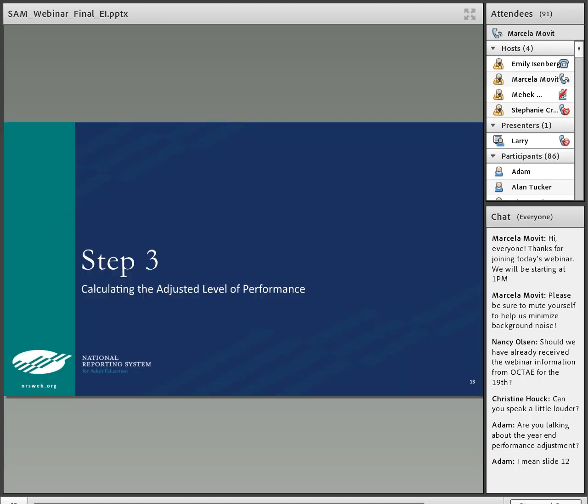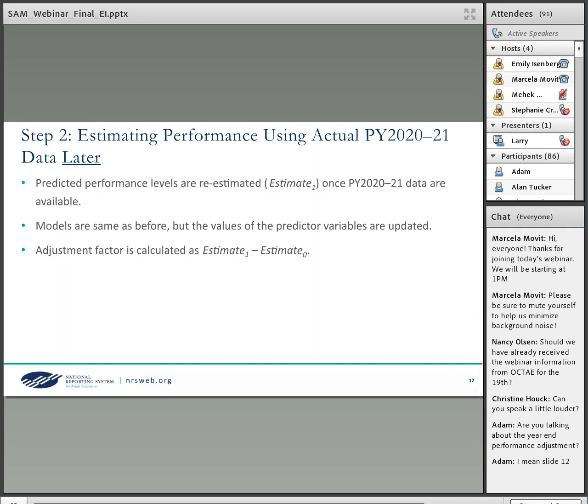And Emily, I don't know if you saw Adam's question about whether you were talking about a year-end performance adjustment on that last slide. I'm talking about the adjustments with program year 2020-21 data.